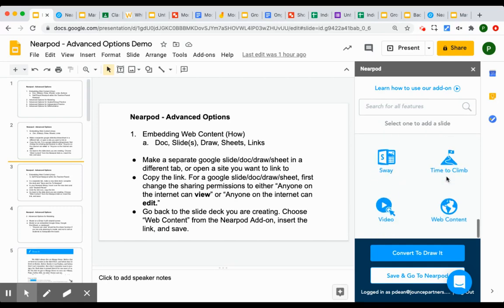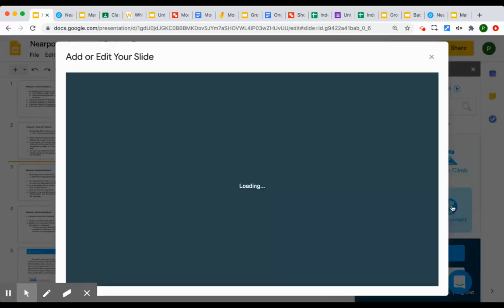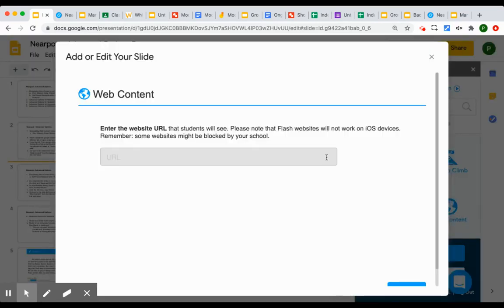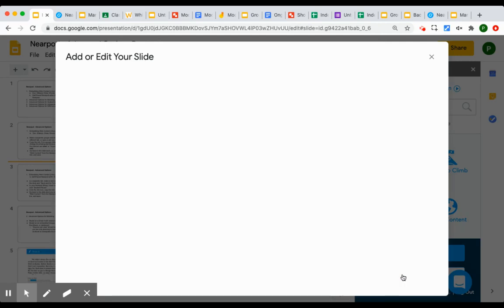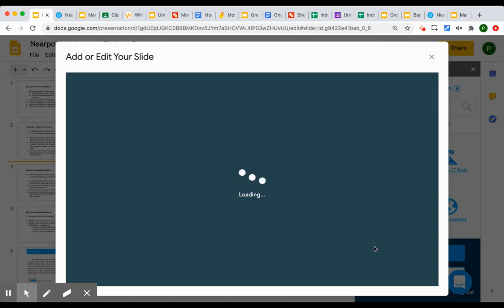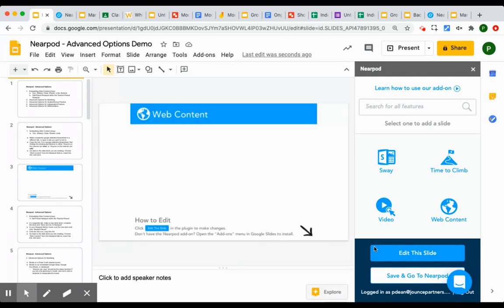And insert that link. Now that slide is a part of your Nearpod, but it will be embedded as a Google Slide, so you'll be able to edit it in real time during the lesson,